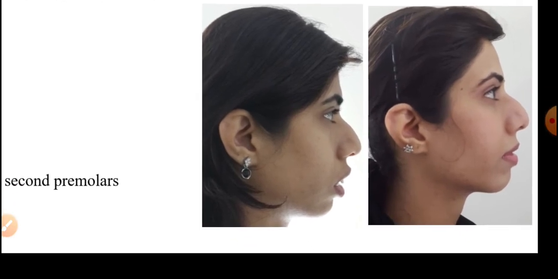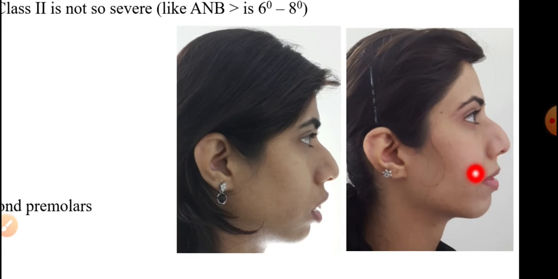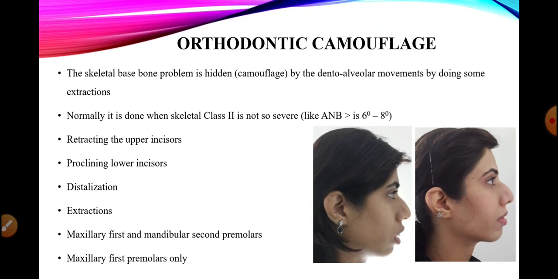So we can see here a pre and post-op picture of a patient. We can see the proclination of the incisors, incompetency of the lips. The upper first premolars were extracted, the upper labial segment was retracted, which brings the correct inclination of the upper incisors and lip competency, and this is the final result that was achieved with upper first premolars in a case of class 2 division 1. These are the frontal and the lateral views of the same patient. These are the pre-op pictures and these are the post-op pictures.